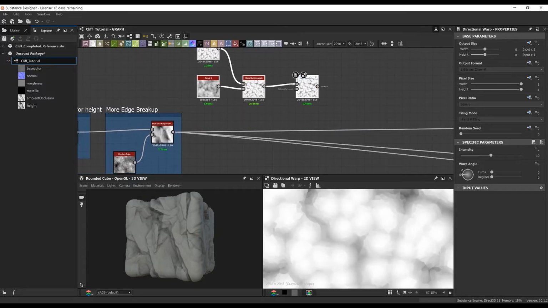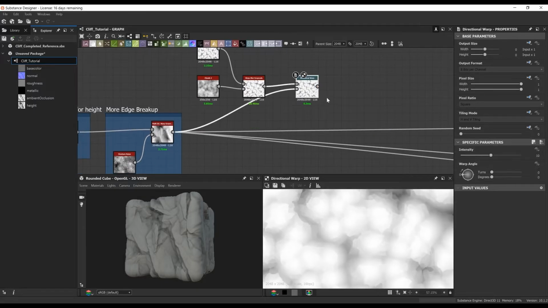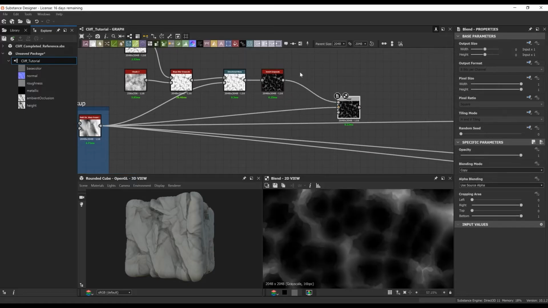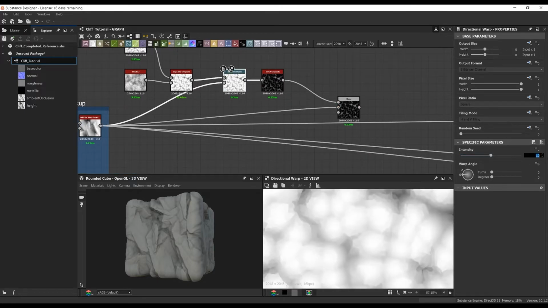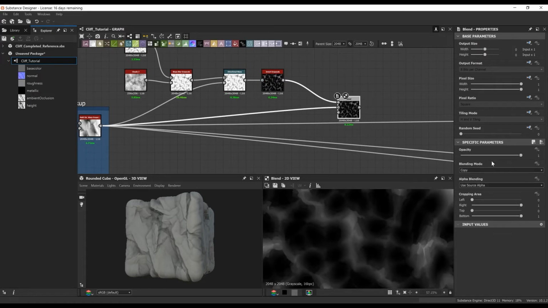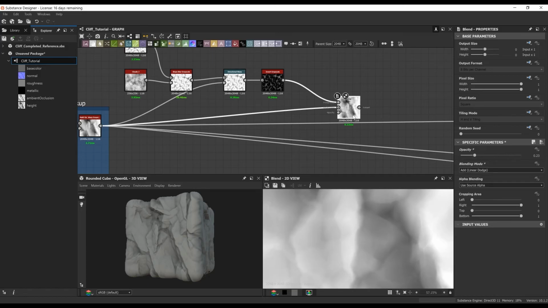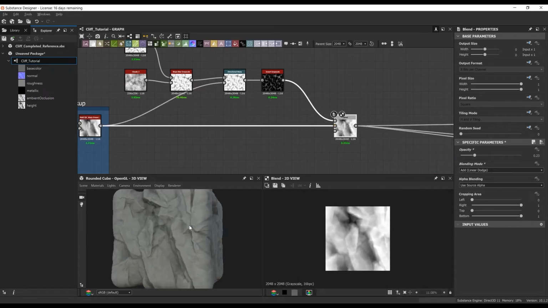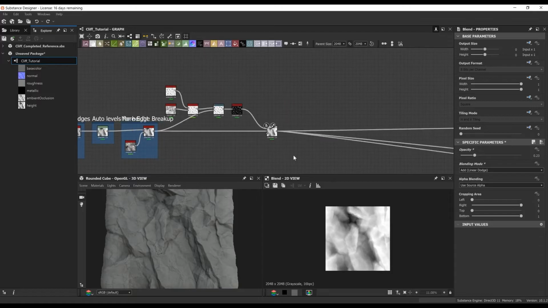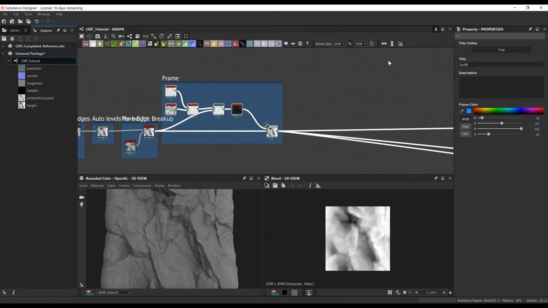We're going to plug that guy into a directional warp from our original graph height. And then we're going to invert that, and then we're going to blend it into itself. So here I'm just setting it to a low opacity, 0.23, and just setting it to add. And once we plug this guy in, you can see now we're getting some nice crevices, some nice indentations, and just some overall nice surface breakup on the actual cliff.